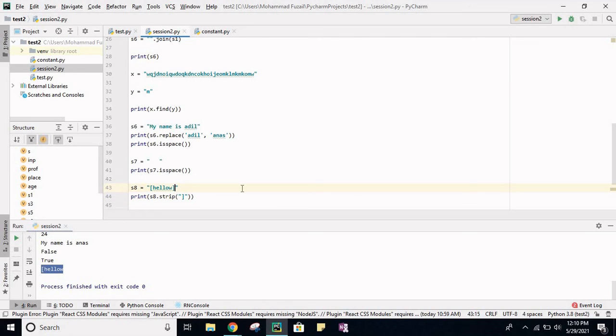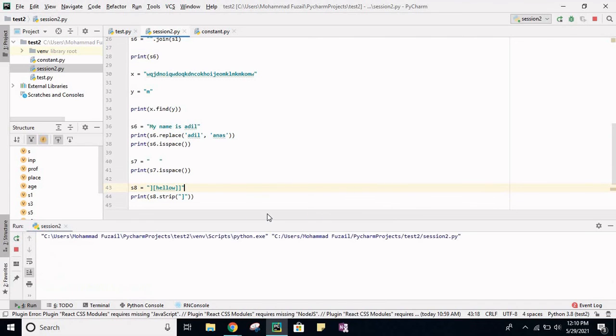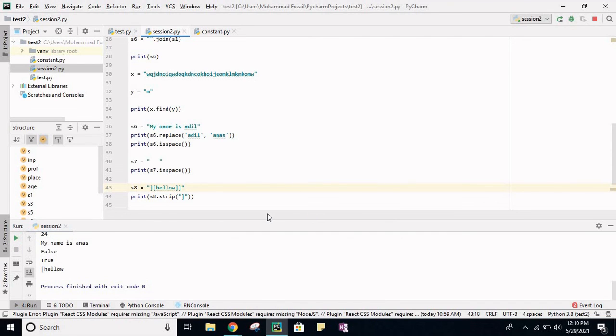Suppose you have two occurrences of this, and then here as well you have this, three occurrences. See, it removed all the occurrences of that particular character which I have passed inside the strip function.